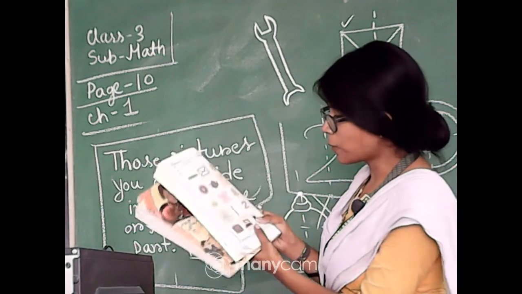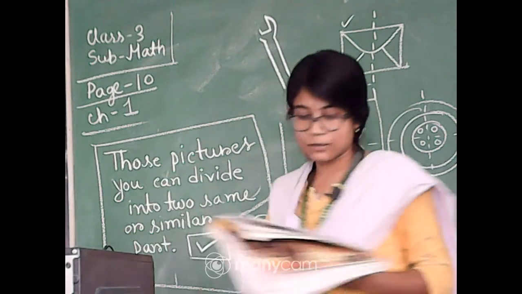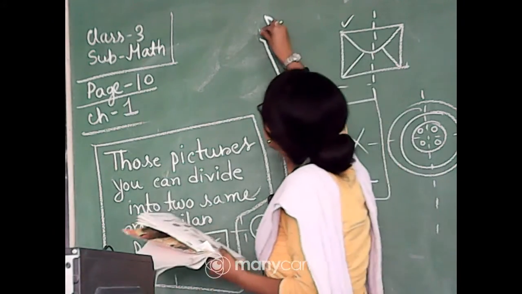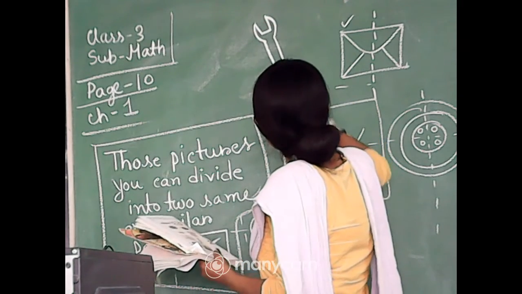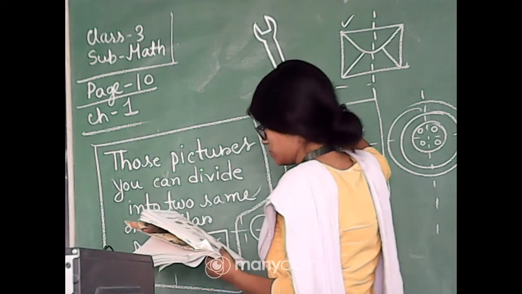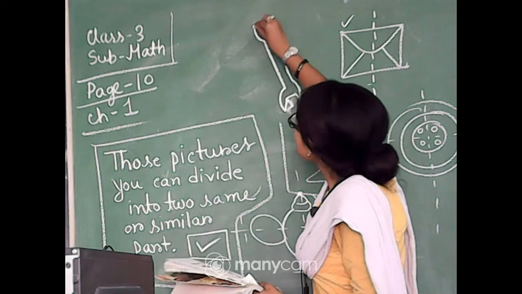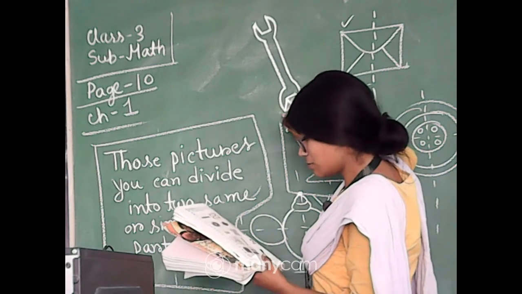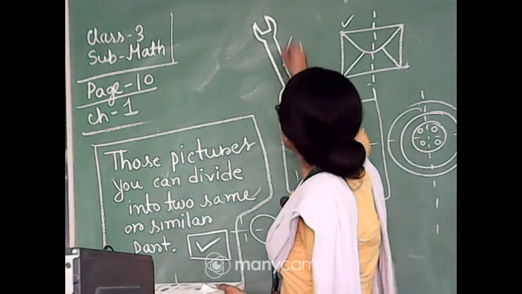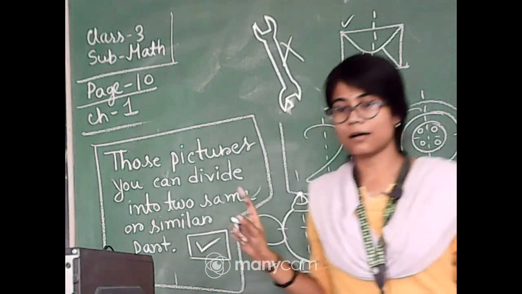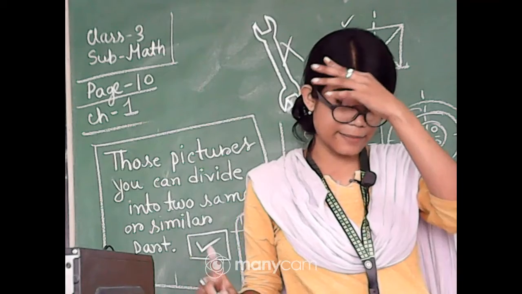And also here, if you look at the picture, this side is small, this side is small, but this side is bigger in shape. It cannot be. You just cross this one. My drawing is not that proper, but look at your book, beta.